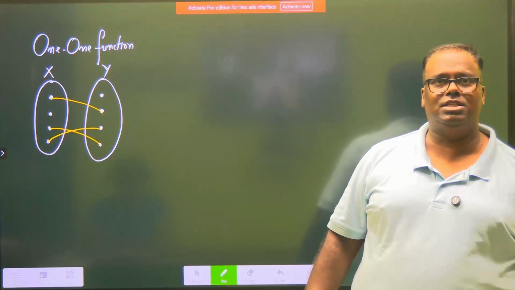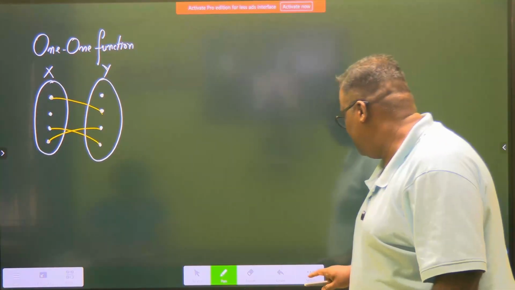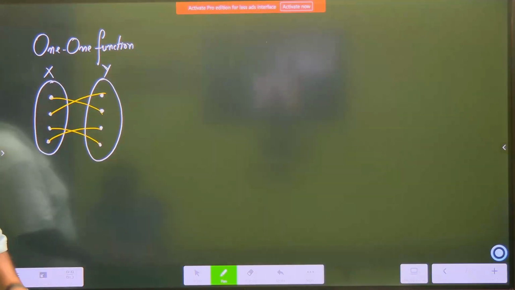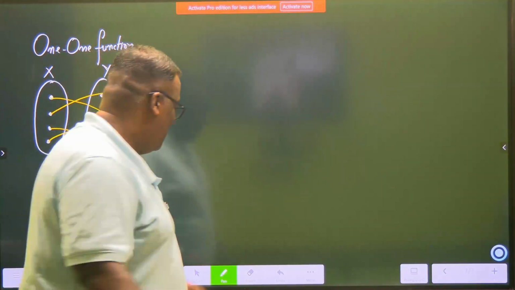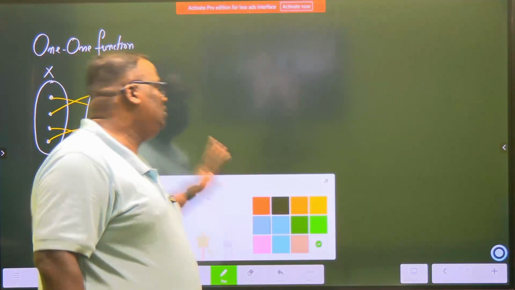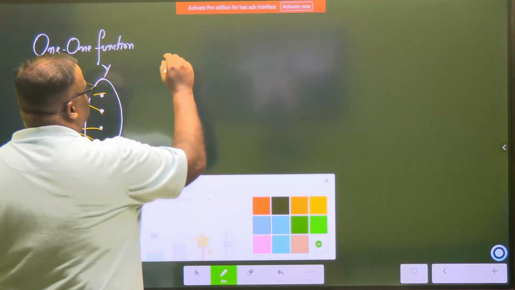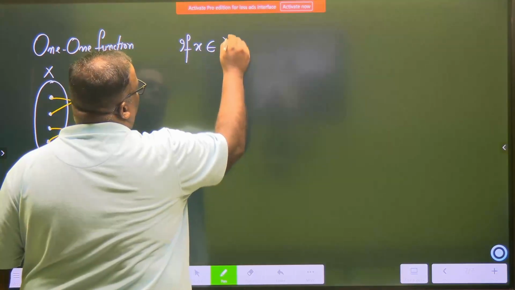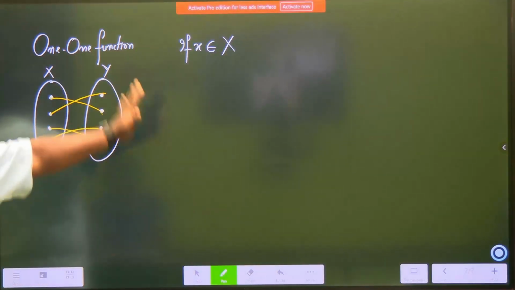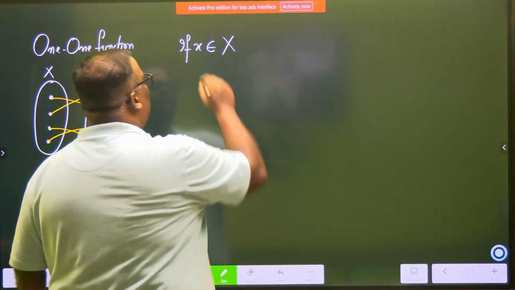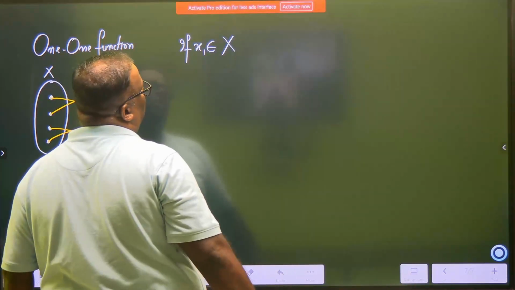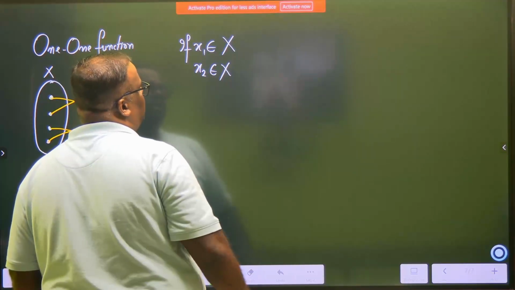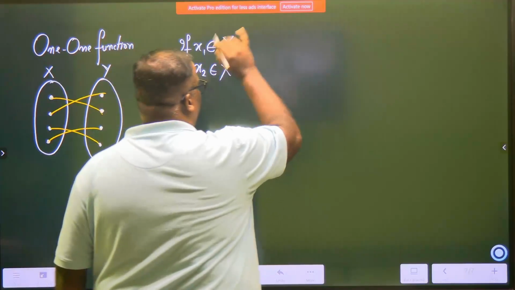Are we understanding this? So now children, I know it gets difficult, but you have to go slowly. We can't draw these every time. We have to think like a mathematician and think like a computer programmer. How would you write this? I would say, if a small x1 is an element belonging to the set capital X, and small x2 belongs to capital X, right? If these two are true,